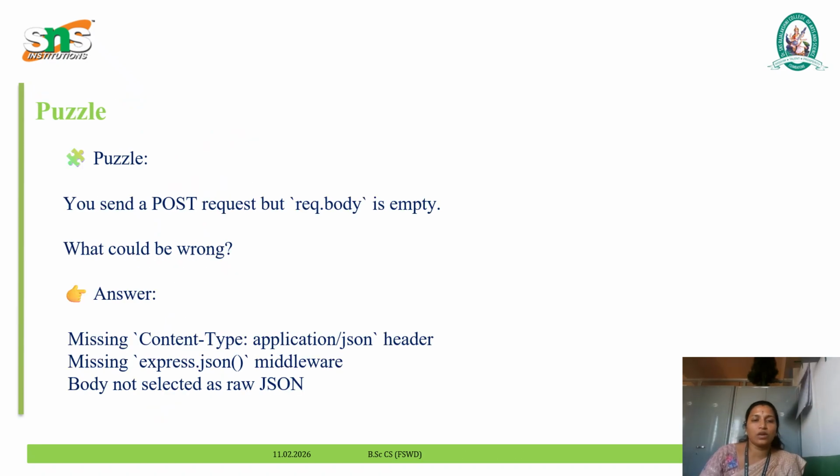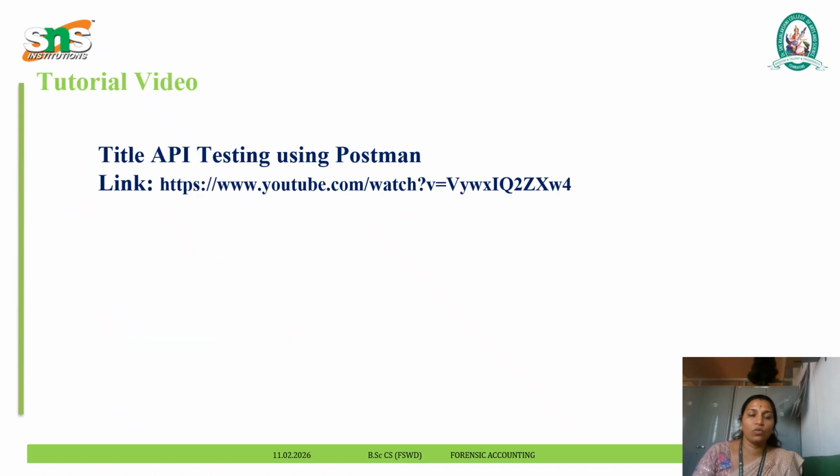Puzzle: a POST request but the request body is empty. What could be wrong? Missing the Content-Type application/json header, and missing express.json. The express.json is a middleware that parses the body, or the body is not selected as JSON. So finally, I have given the tutorial video,